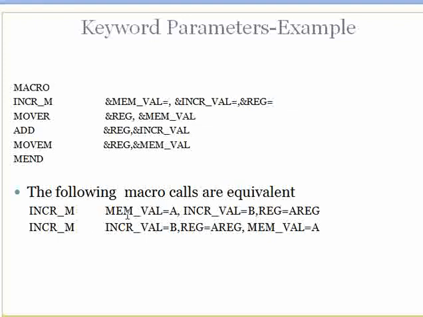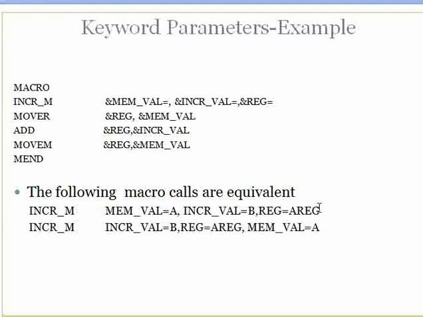After that we see that memval is equal to A. So first I have to give the formal parameter name, equal to, and then give the actual value. So I want memval to take the value of A, and we want INCR_val to take the value of B, and register equal to A register, meaning that the formal parameter register should take the actual value A register when this macro call takes place.